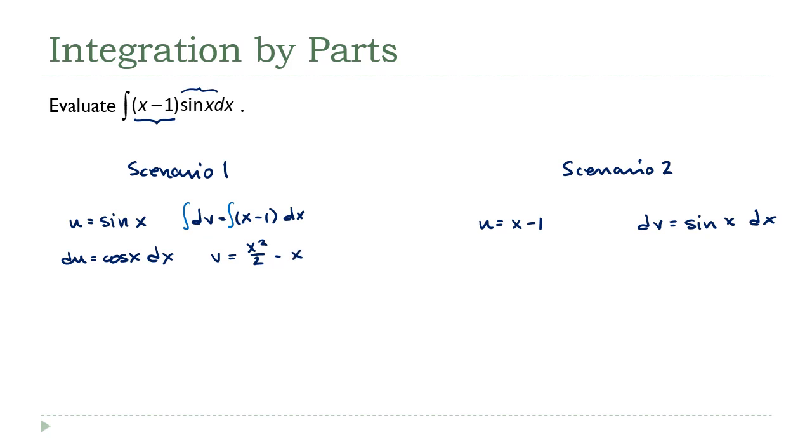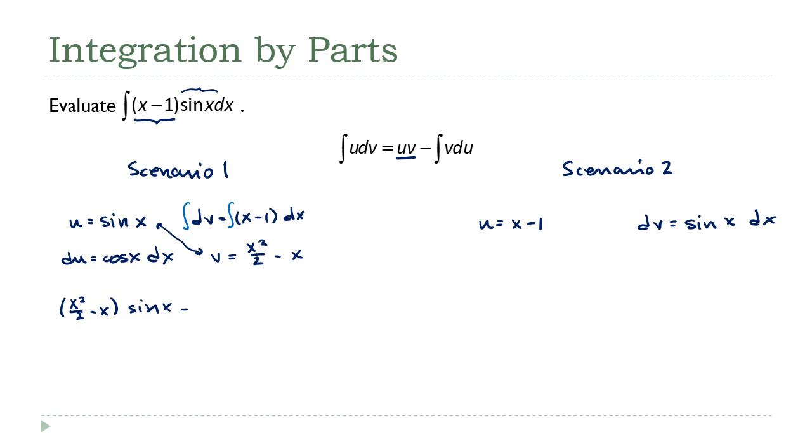All right, now we've got the formula here, and to implement this, I need to do two things, right? I need to look at uv, and that part is never a problem. We can always take the two expressions and multiply them together. So uv is going to be x squared over 2 minus x times the sine of x